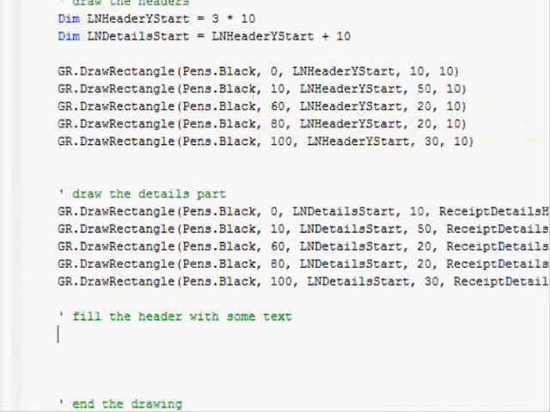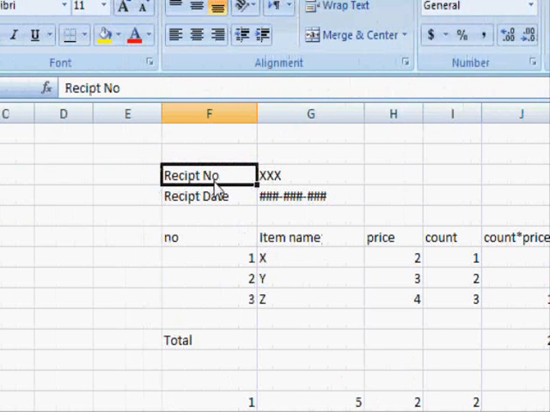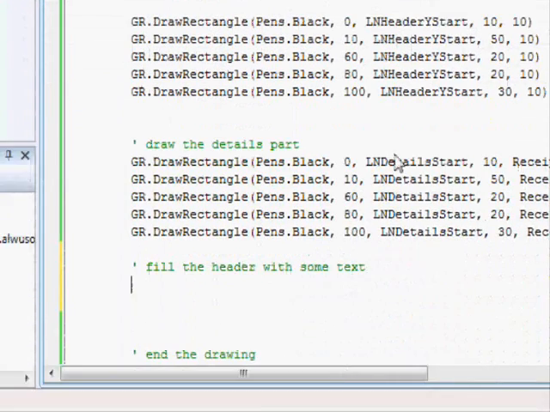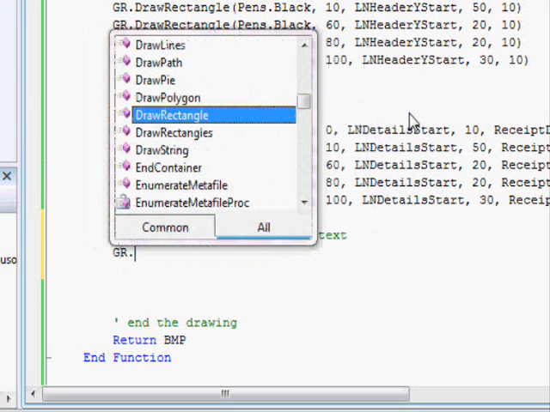Okay, so let's see. The first text appears at the location 0, 0 with the text value receipt number. And here we're gonna say